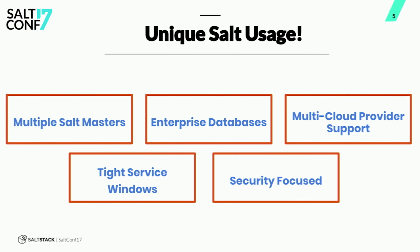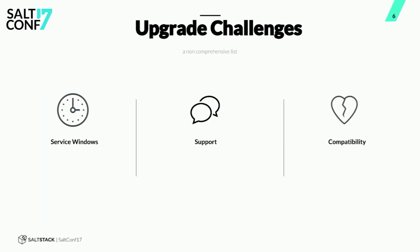We do have service windows, so this isn't going to be targeted to a rolling upgrade that you might see in a web server. And we're very, very security focused. All right, so